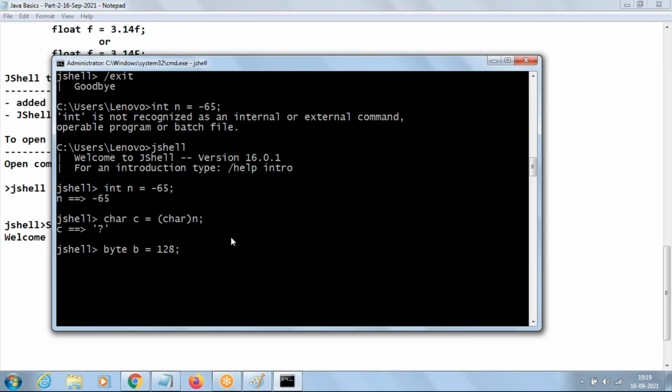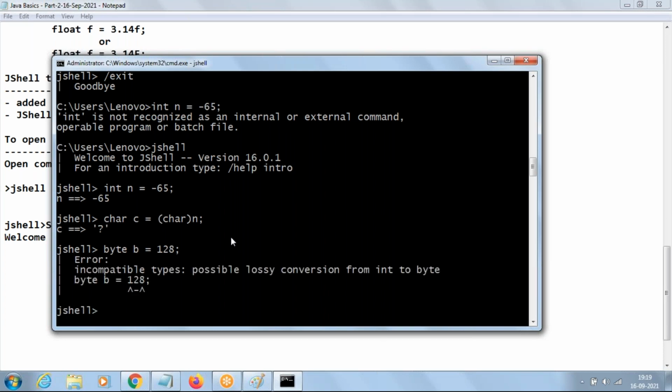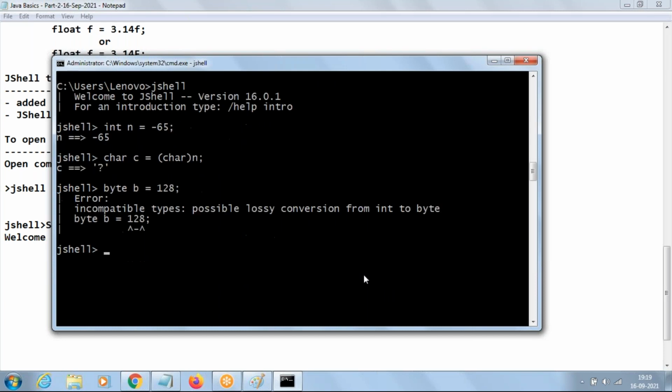Range is minus 128 to 127 only, but I'm giving 128. It's unable to convert here. So if I now say byte b equal to byte of 128, then see, it goes to the reverse side, -128 it is becoming.